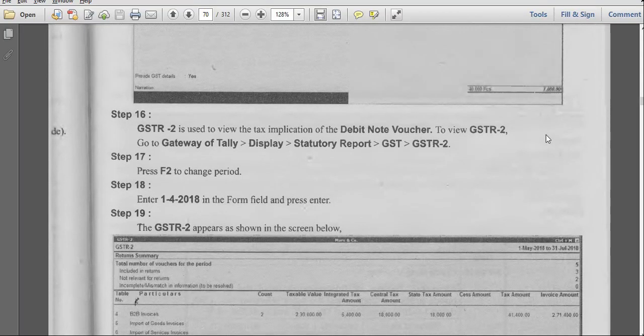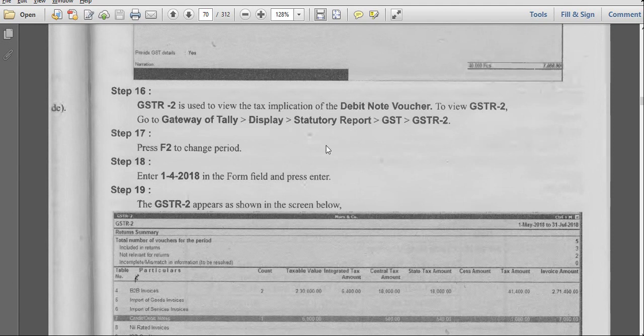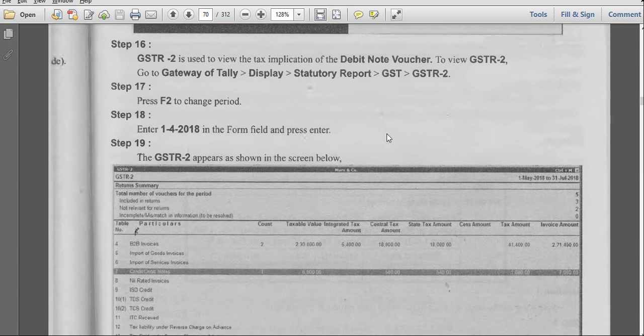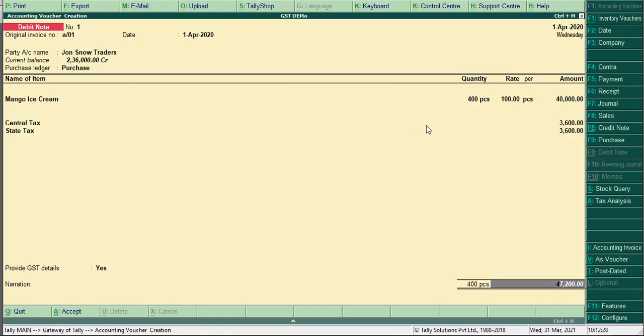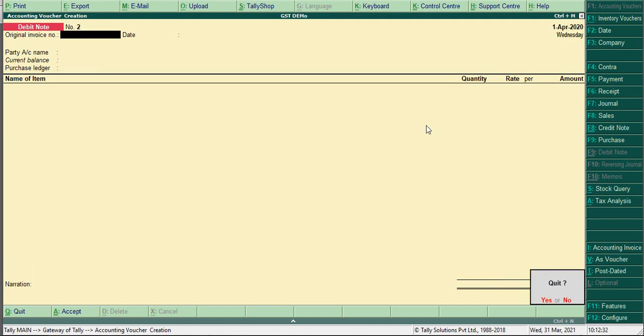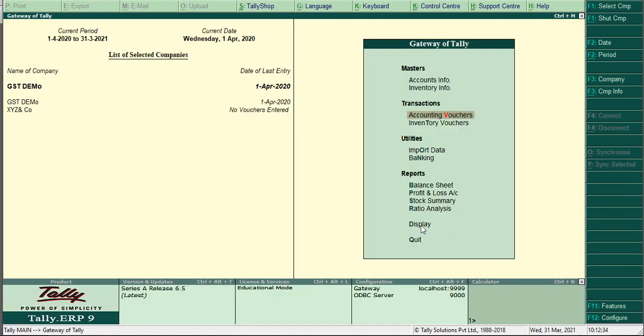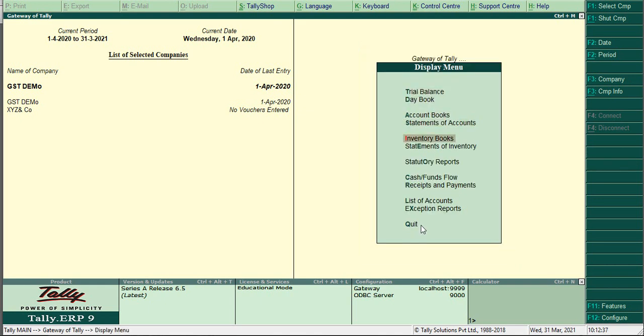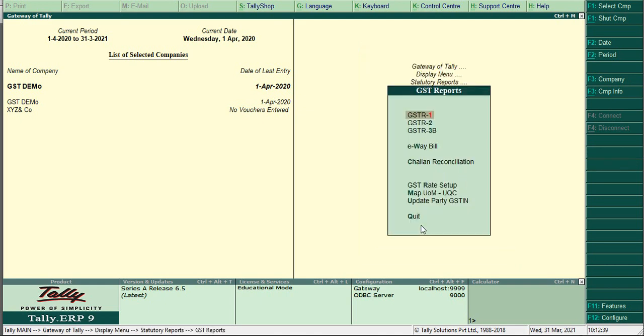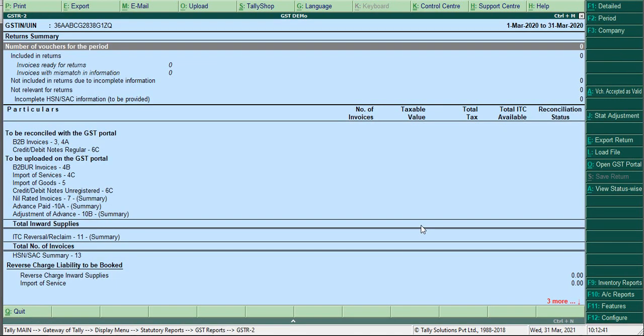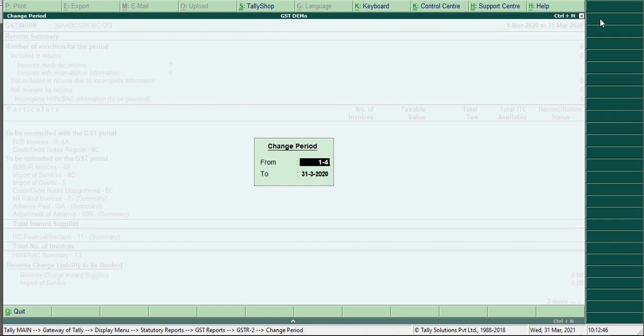Sir, where can we see this debit note report? Under GSTR 2. Once we are done with the transaction, we go to Display, Statutory Reports, GST, GSTR 2. Here you just change the period to 1/4/2020.